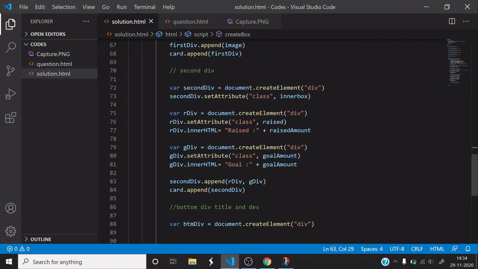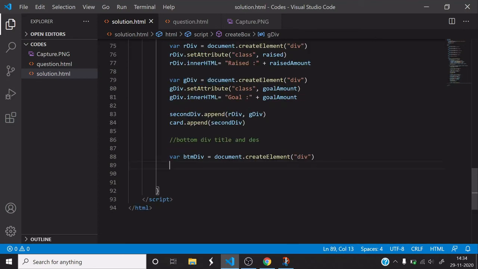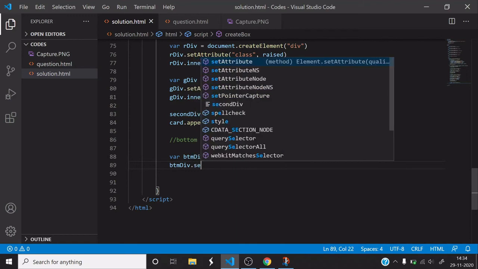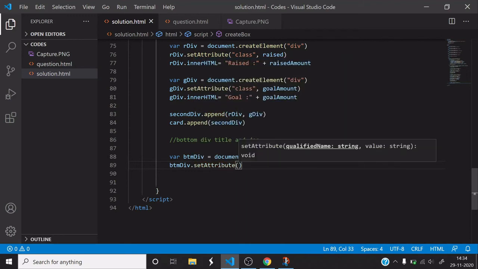We have created this second div. We have created the raised div and goal div, and we have appended them there. What we will be doing next is, the bottom div we have created, and we are setting an attribute on it.